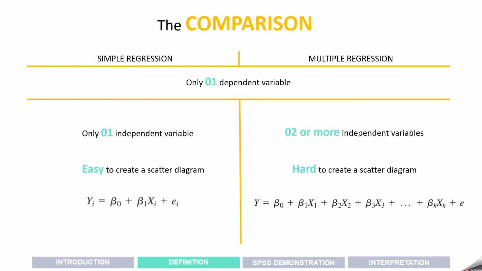And here is the general model of simple regression and multiple regression. On the left is simple regression. The dependent variable is equal to the intercept plus the slope of the independent variable plus the error term. And for multiple regression, it's the same thing, but it has more variables and also has the error term. And as we go through the general differences and similarities between the two, I'll show you how to run it